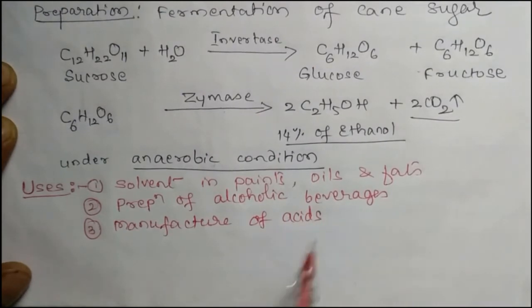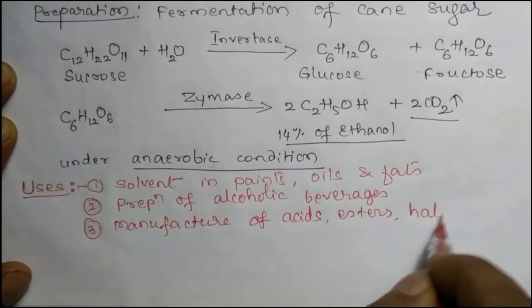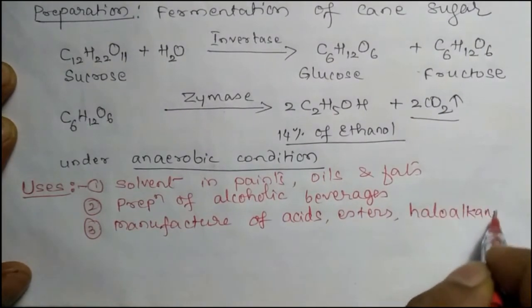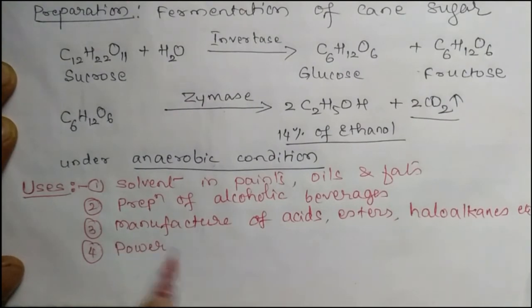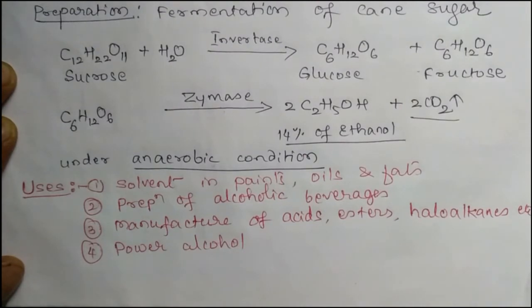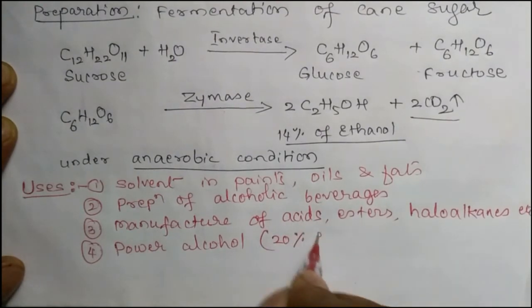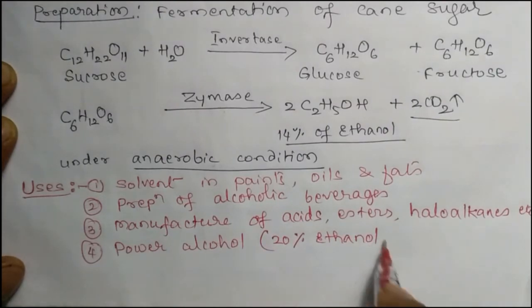acids, esters, haloalkanes, etc. Number 4, it is used in the preparation of power alcohol, which is a mixture of 20% ethanol and 80% gasoline,